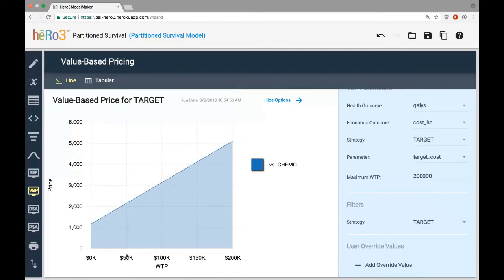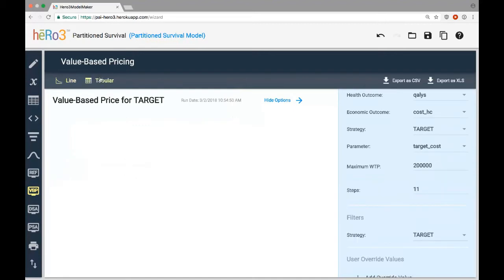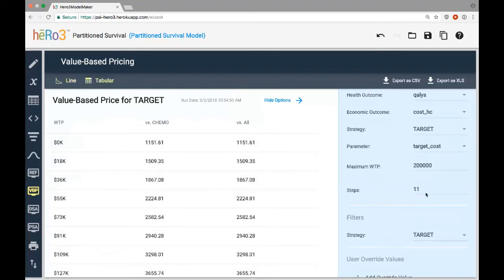So for example, at a willingness to pay of 50,000, if we want to be cost effective at that WTP, we need the price that's a little above 2,000. If we want the exact values, we can of course go to the tabular view. And so if we want, for example, the willingness to pay at 60,000, this is the exact value that needs to be set for the price of targeted therapy.